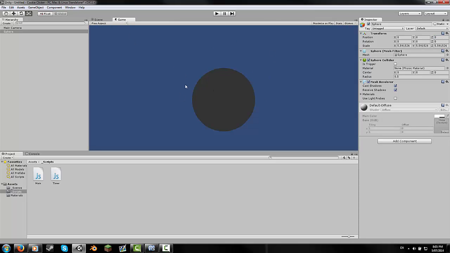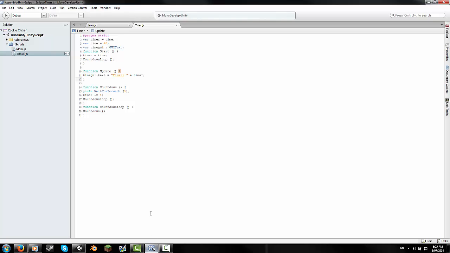Okay, so when we see that, we know we lose. Now what we have to do here is, in the function update, we want to do an if statement. If timer equals 0, application load level,